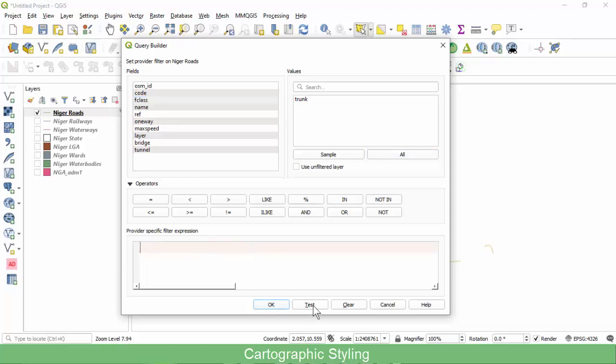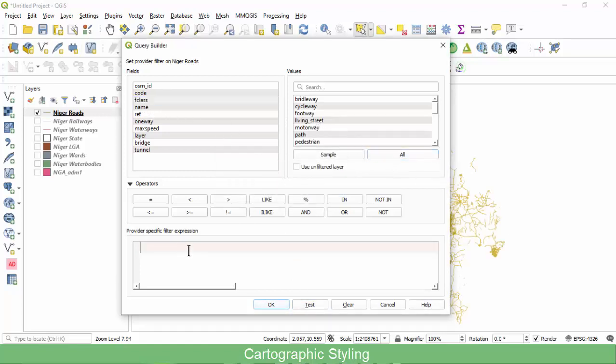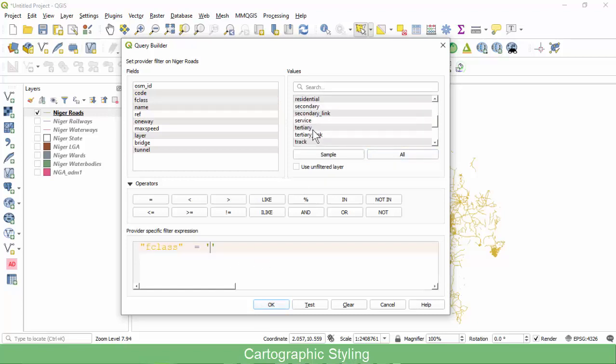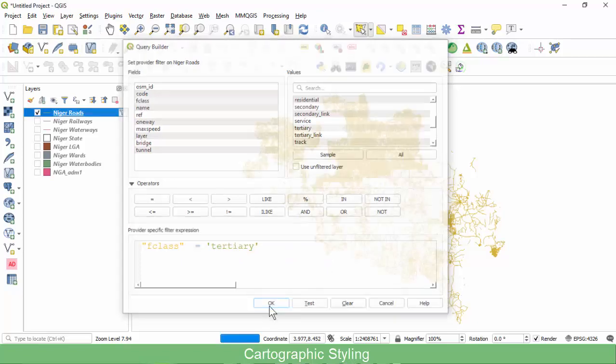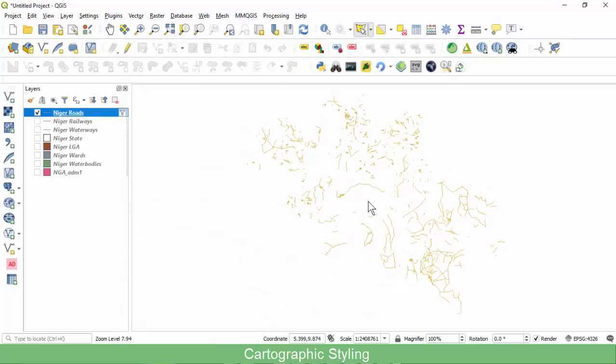Let me remove the filter. Let me change it to tertiary. So tertiary routes. Yes, remove the extra quotes. Click on OK. Yeah, I think tertiary routes are good,